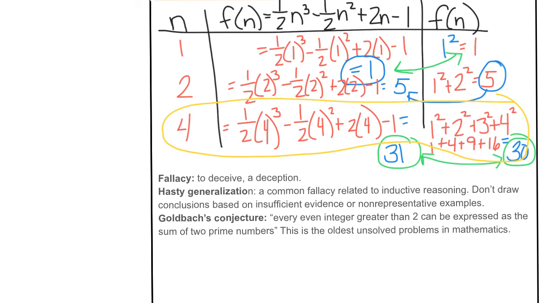Goldbach's conjecture says every even integer greater than 2 can be expressed as a sum of two prime numbers. This conjecture is one of the oldest unsolved problems in mathematics, and if we get around to it this semester, hopefully we can dig into it. It's a really fascinating study on how mathematicians have tried to solve this problem over and over and over, and we just can't. Okay, so every even integer greater than 2 can be expressed as the sum of two prime numbers. And we can talk about that later on when we talk about some interesting number patterns. All right,